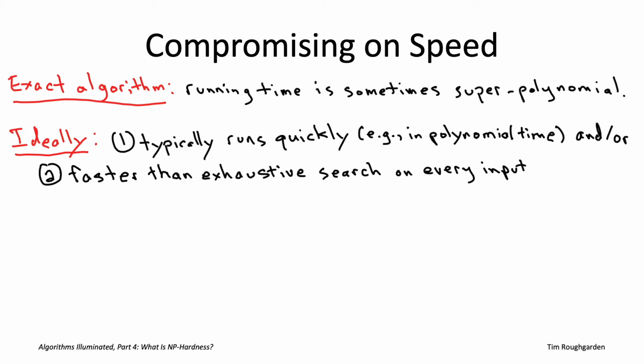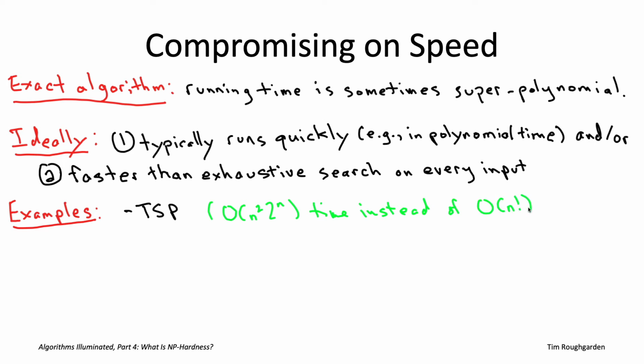But we'll see a couple of examples where, while still being exponential time, algorithms do significantly better than exhaustive search, guaranteed. The first example will be the traveling salesman problem, where, as we've seen, exhaustive search takes time scaling with n factorial, and we'll use dynamic programming to come up with an algorithm that instead scales with the smaller running time, 2 to the n, still exponential, but better than n factorial, 2 to the n times a polynomial function of n.